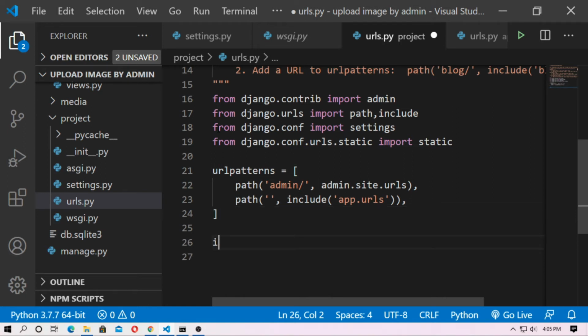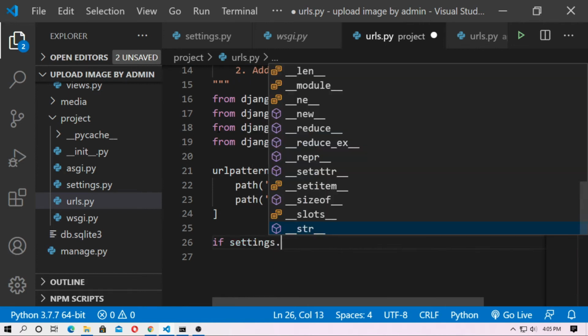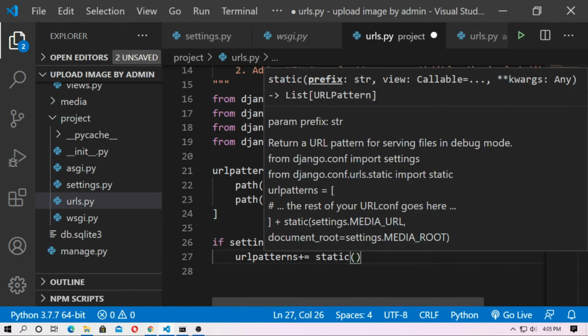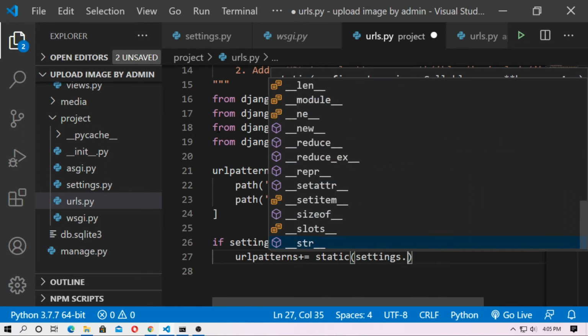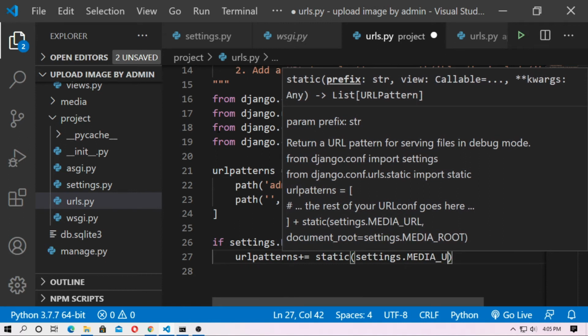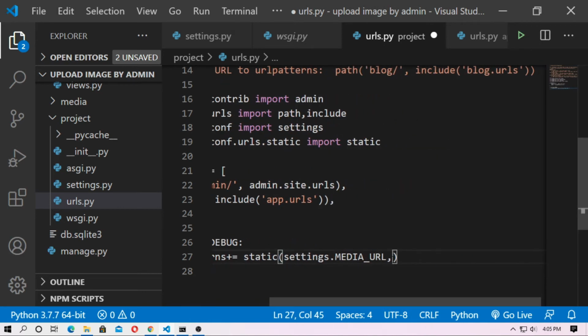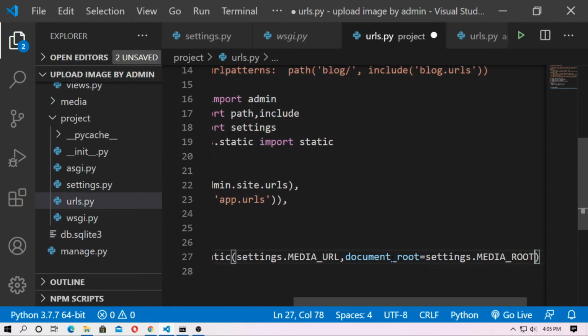Type if settings.DEBUG, then urlpatterns += static(settings.MEDIA_URL, document_root=settings.MEDIA_ROOT).